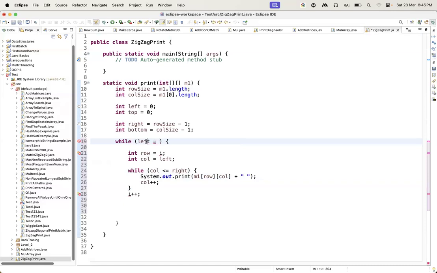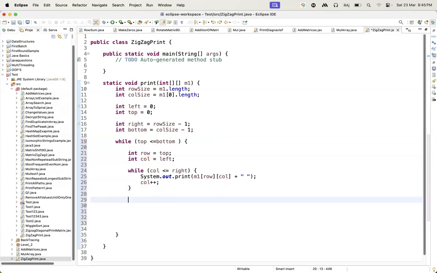Left, top less than or equal to bottom. Okay, here what will the row value be? Row value will be the top and column value will be the left. Okay, what happens next after the first one is completed, the first row? We are going to increment the row, increment the